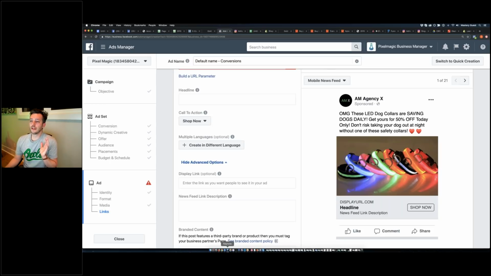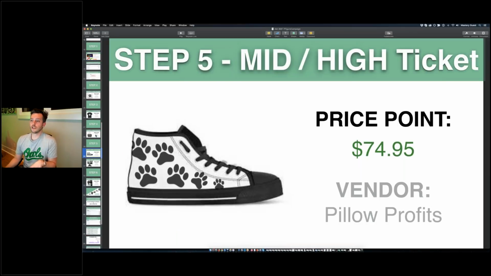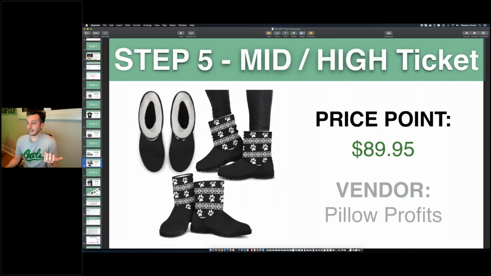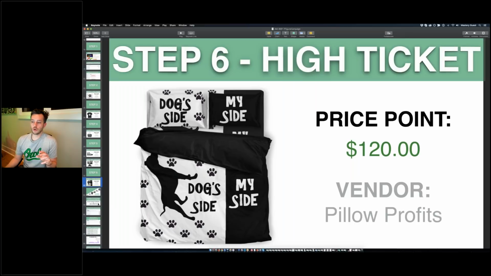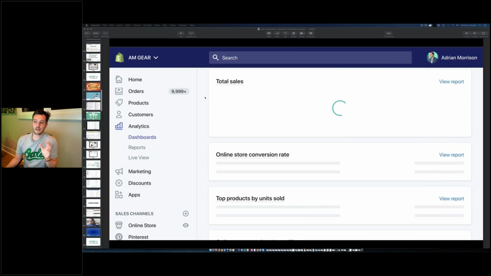But after that, you actually can get people to start coming in and buying shoes. You can get them to start buying dog t-shirts, dog boots. We've sold bedspreads like this right here. We've sold all sorts of different products. And as a matter of fact, I'll show you some of the sales that I've generated selling higher ticket items,